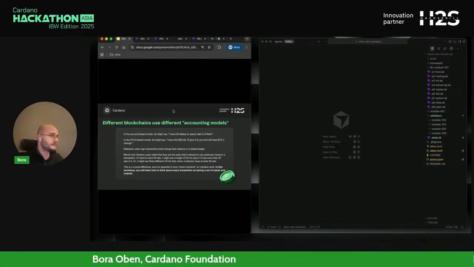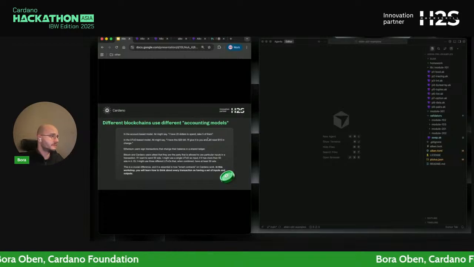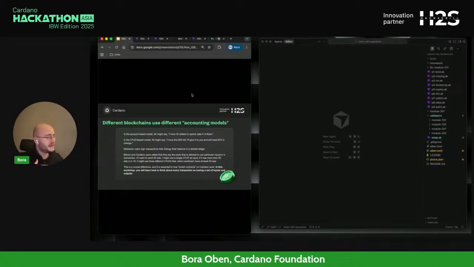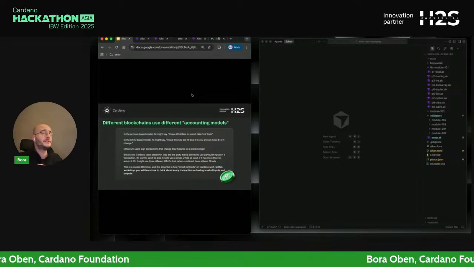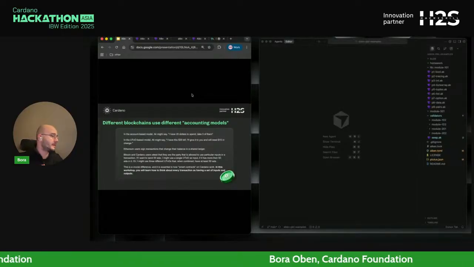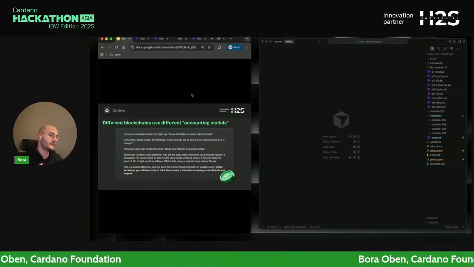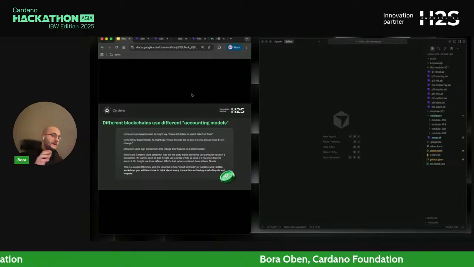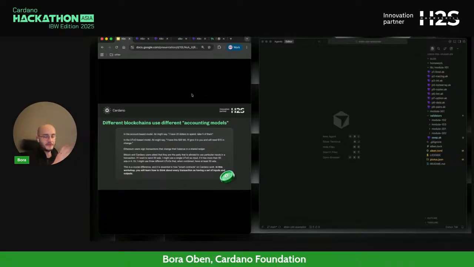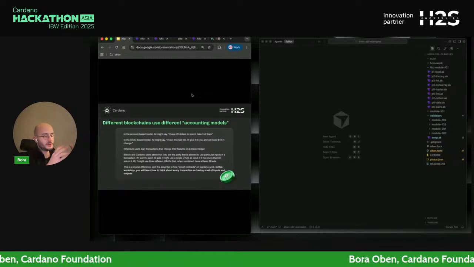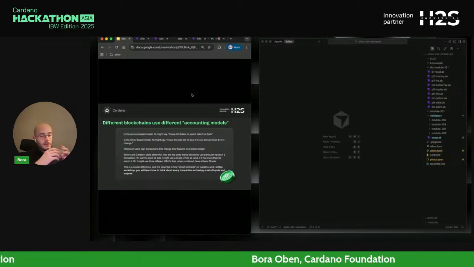So let me go over this. In UTXOs, when you do a transaction, let's say you have 20 ADA, and you want to buy something for 15. Instead of saying, I will spend 15 from my account and you will get 15 into your account, which is what we are used to in other blockchain ecosystems, on Cardano, you have a UTXO that